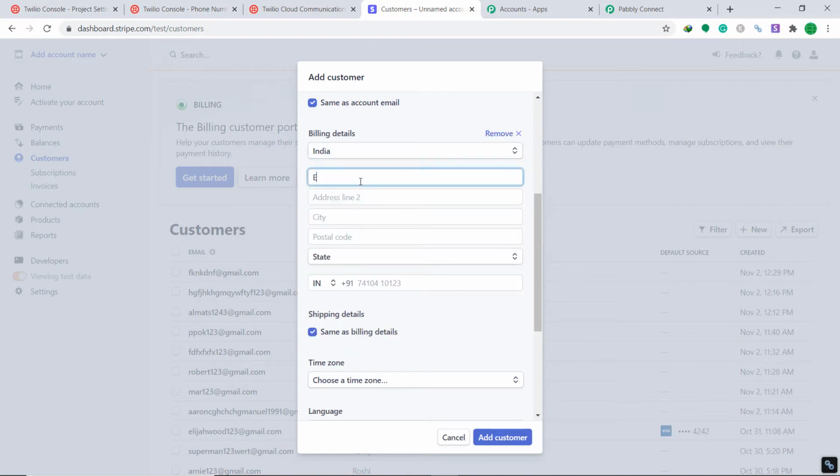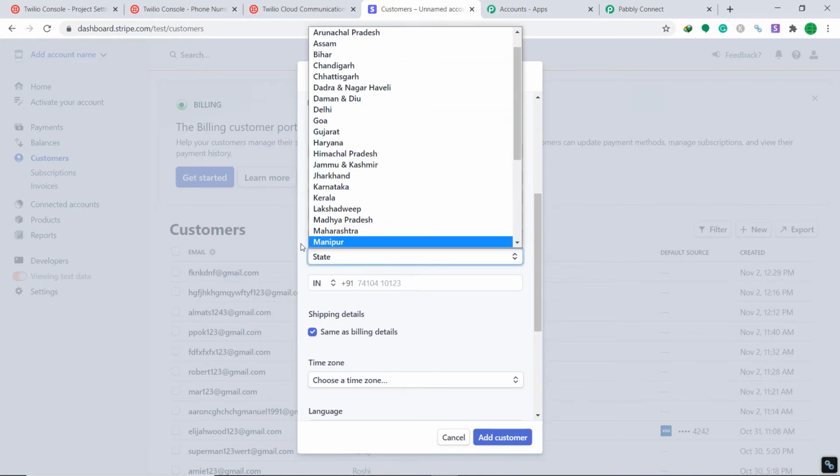The address line 1 is E105 Ashoka Enclave. The address line 2 is near Apsara Talkies. The city is Bhopal. The postal code is 462023.